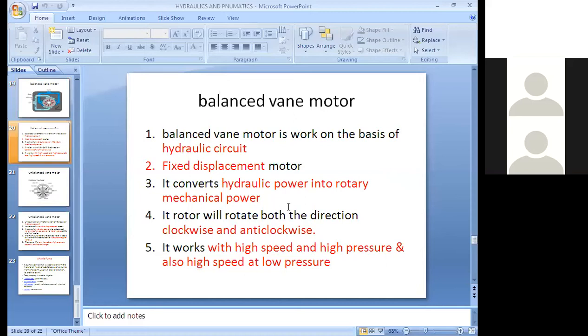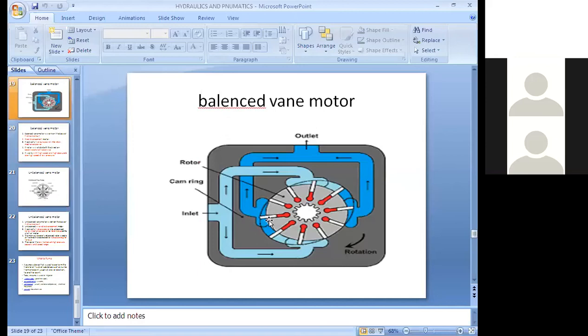So what will happen once it enters, I will show the image also. Here, through the inlet, the oil enters, that is hydraulic energy. On this small side there is no chance for the fluid to move, because the chances are only here, where these vanes are. As the vanes start rotating, space is created, and the oil enters that space. With some pressure, the rotor is rotated.